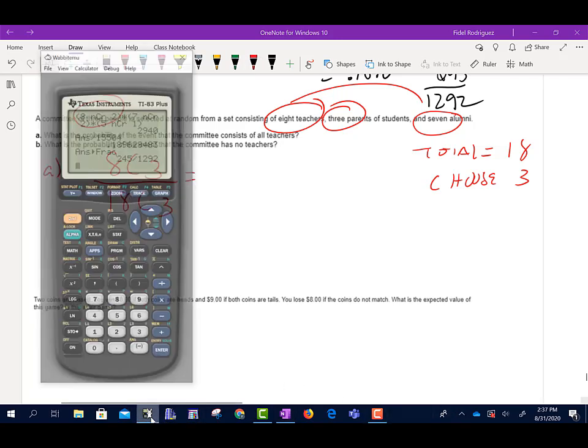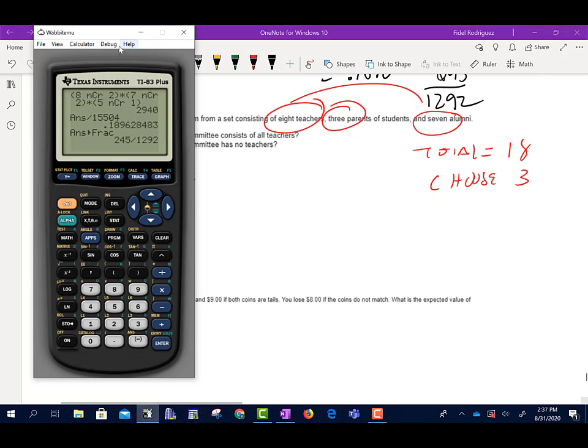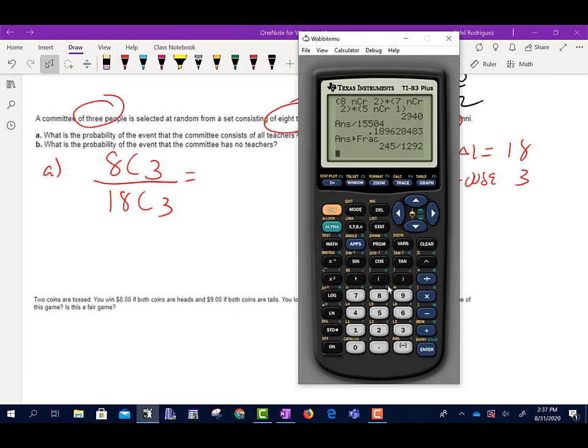I can even do this, guys, in one simple step. So how about if I do parentheses 8 choose 3 divided by 18 choose 3,